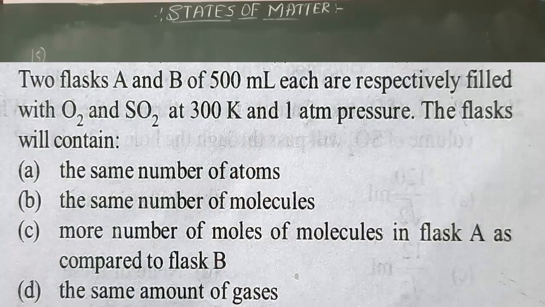15th question. Two flasks A and B of 500 ml each are respectively filled with O2 and SO2 at 300 Kelvin and 1 atmospheric pressure. The flask will contain...